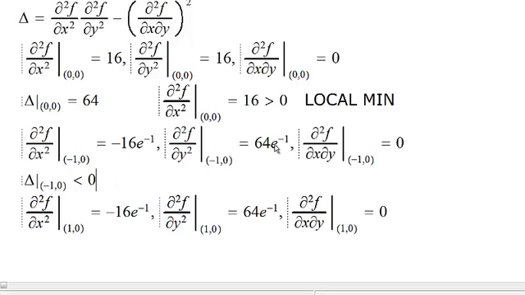Negative, right? What happens in this case? A saddle. So we have a saddle here, right? Am I clear? And I think we have the same situation here as well, right? Are we clear? So we have a local min, and so here